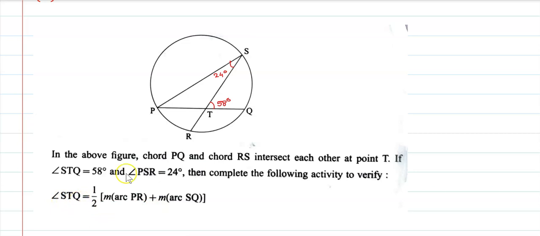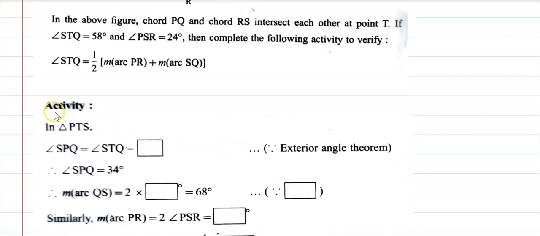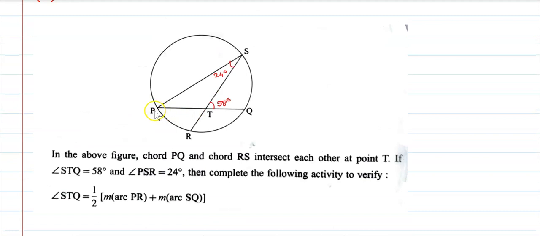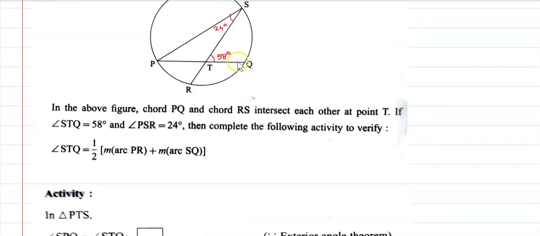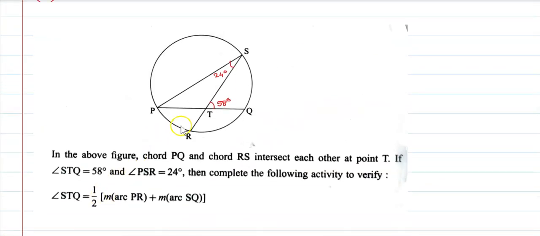Measure of angle STQ is equal to 1 upon 2 into measure of arc PR plus measure of arc SQ. Okay. Now let us start here. The first activity. In triangle PTS, angle SPQ is equal to angle STQ minus angle